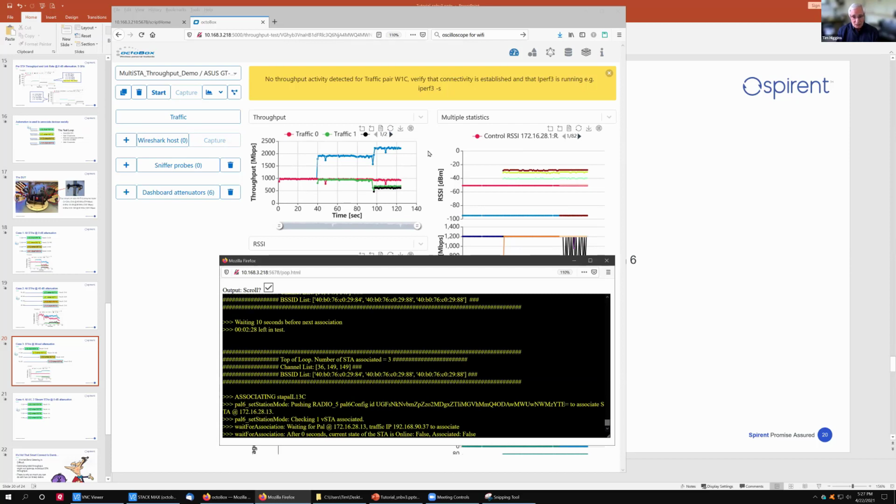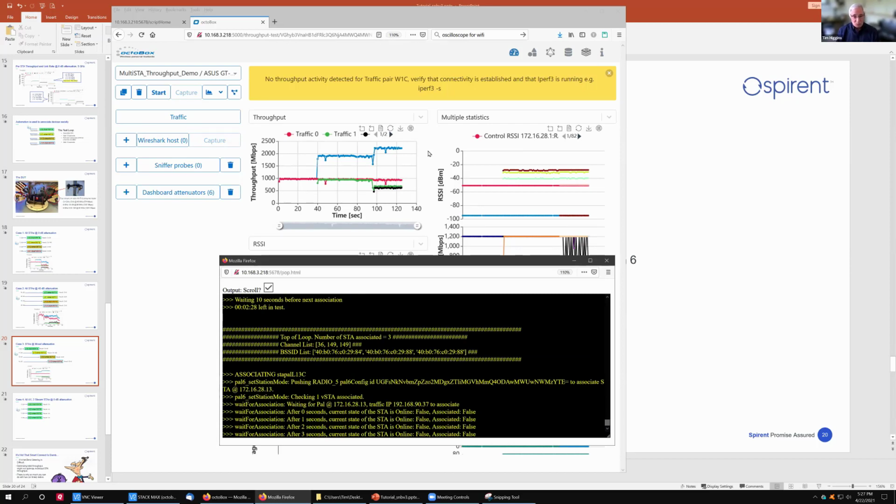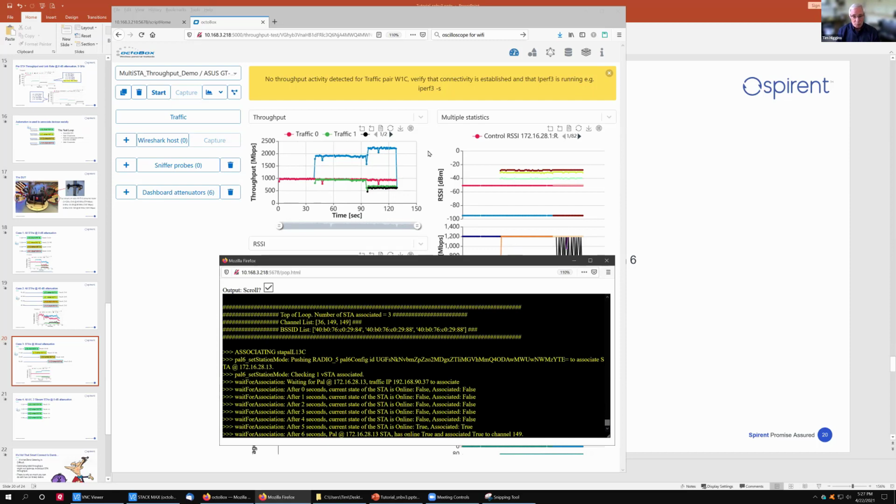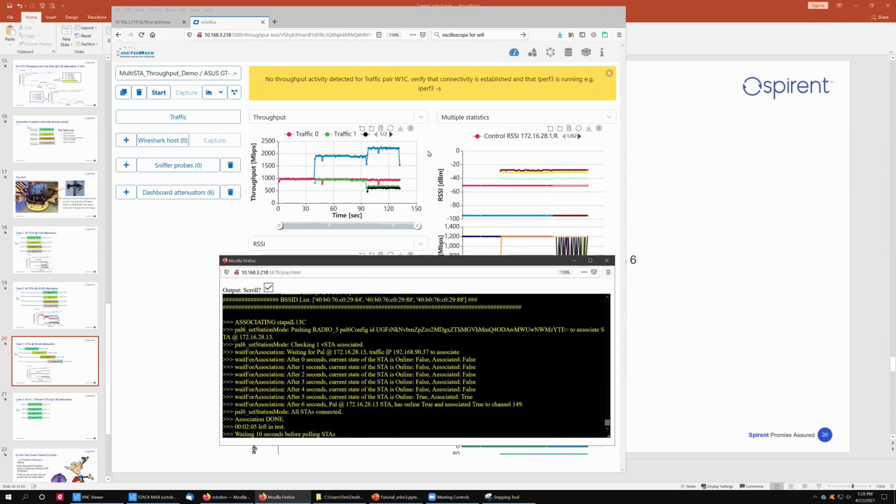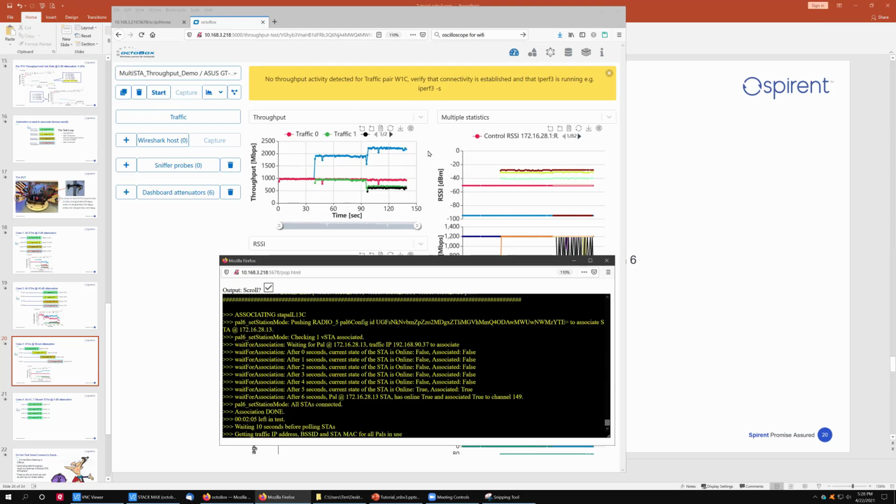The last station now is being associated, and we'll see whether or not we split it and it goes to 36. And nope. Tim, remind us, the AP here, what is that? That's a 4x4, right? Yeah, it's a 4x4. And so the stations are 2x2, so correct. That's why we're getting MU MIMO gains with 2 stations in a single radio.